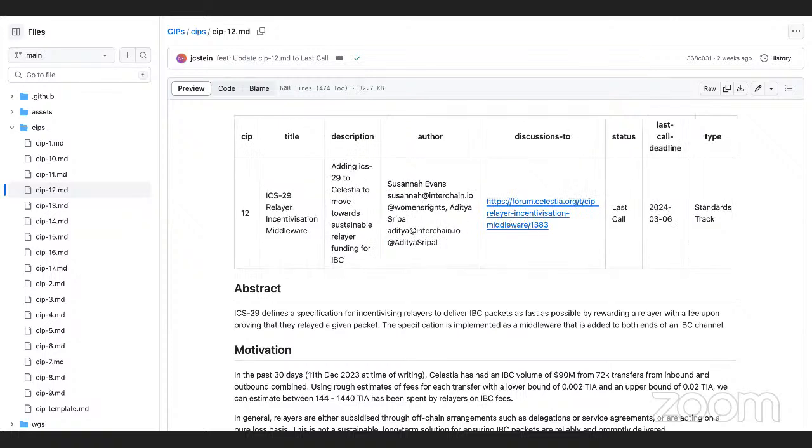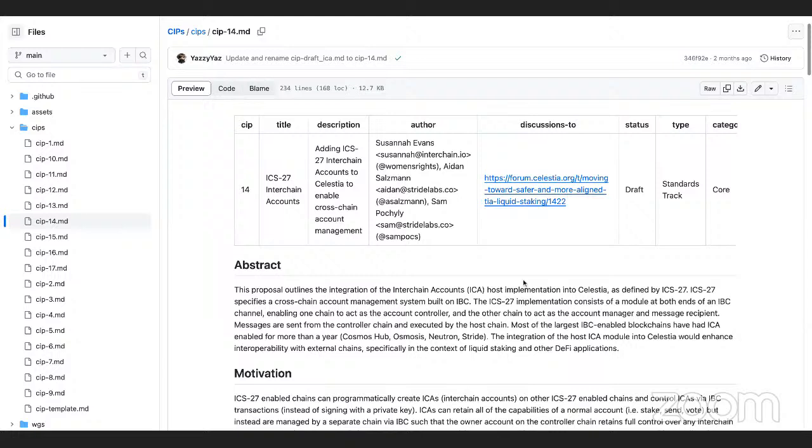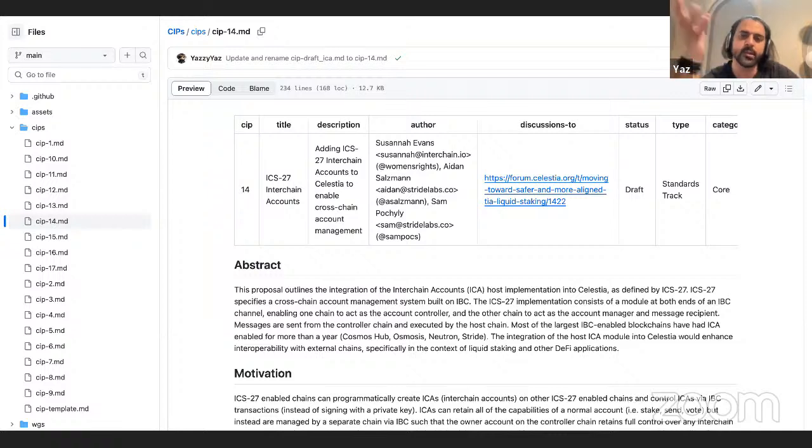Yeah, on the CIP 14, like 2 weeks ago, we were discussing whether to add in the controller or not, as well. And then on the forum, the existing proposal is just for hosts, but there's been no discussion. Should I just write a comment on the forum as well to ask if we should add in the controller or not? Yeah, if you want to, but at the same time you've got Evan, Callum, and Rutul here, so maybe you can get feedback directly.